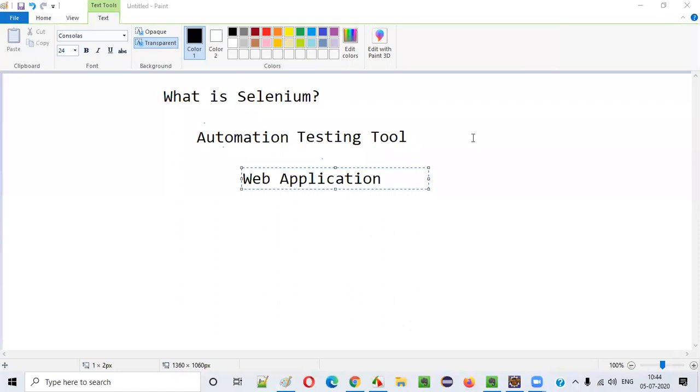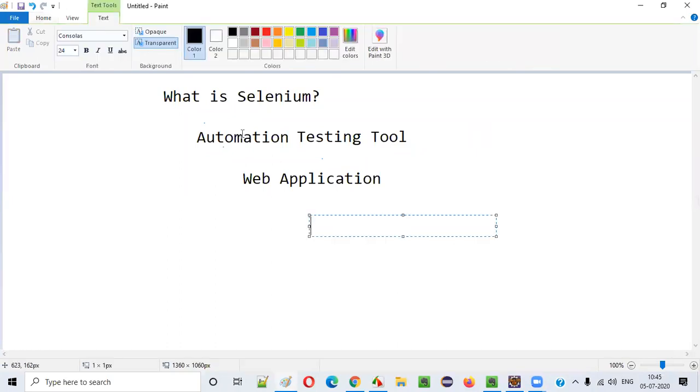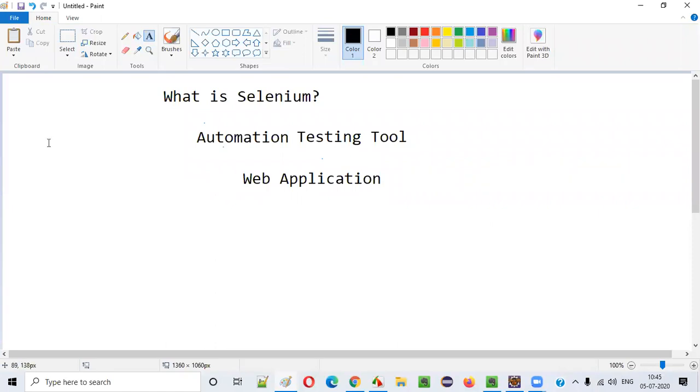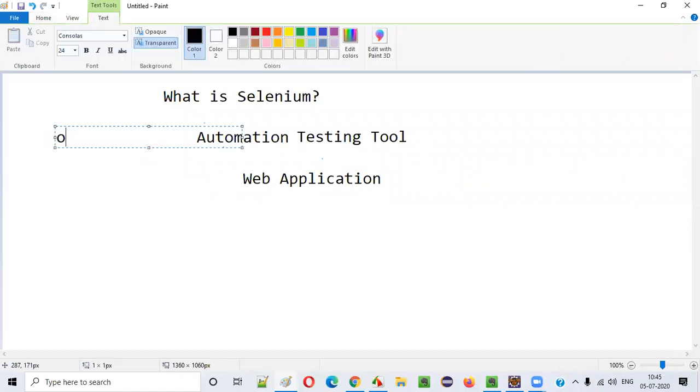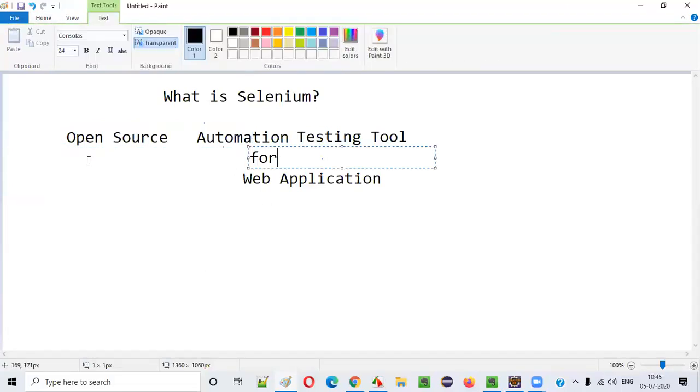Okay, very advanced answers I am also getting. Portable framework for testing web application. Fine, a kind of framework only. That's okay. Any other? Someone is saying Selenium is an open source automation testing tool for web applications. Yeah, we are making the definition of what is Selenium. Open source automation testing tool for web applications. So for answers, I am just clubbing together, guys. I'm just simply joining, nothing more than that.